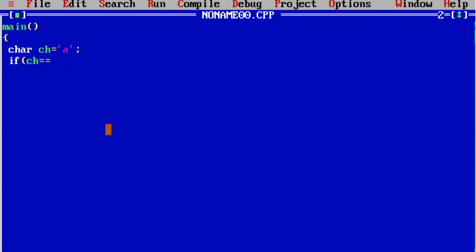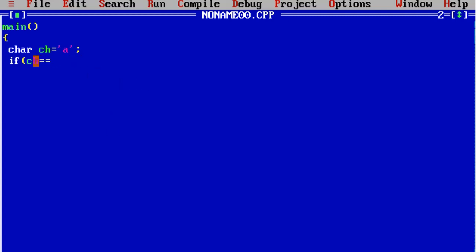Okay, we move on. We compare the value. See, one character can be a single character, not multiple characters. So we have to check each vowel with the character given.